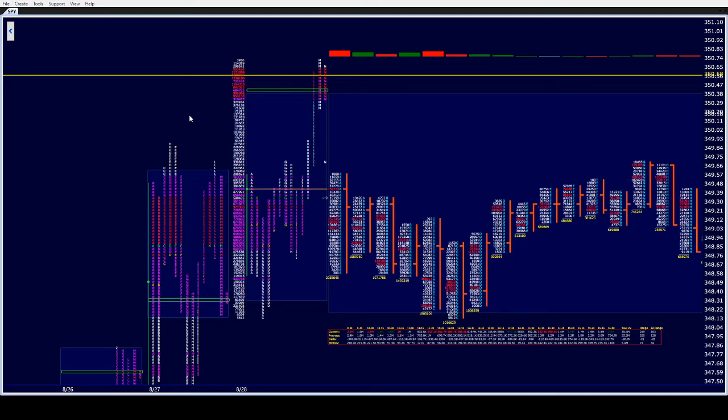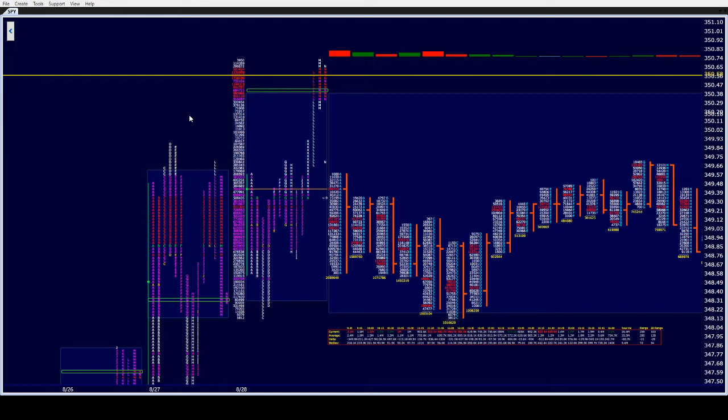Again, not because the market's bad. Obviously, it's very healthy, but it is, for my money's worth, starting to get a little stretched. So I'm just looking for it to trade sideways at some point in the next 2 weeks. Nothing big, nothing major. I'm still trading both sides of the market intraday.